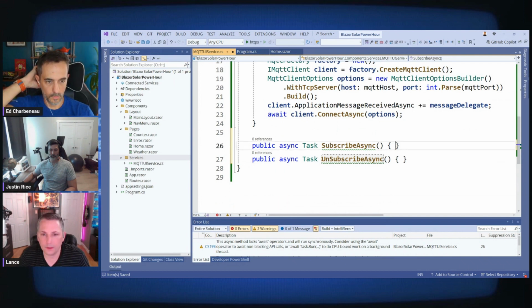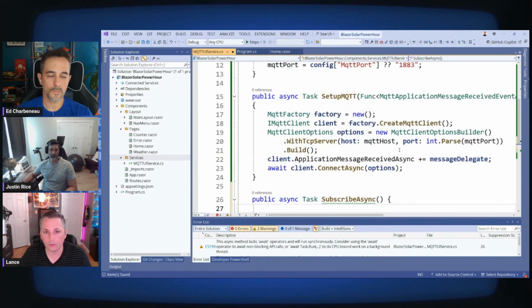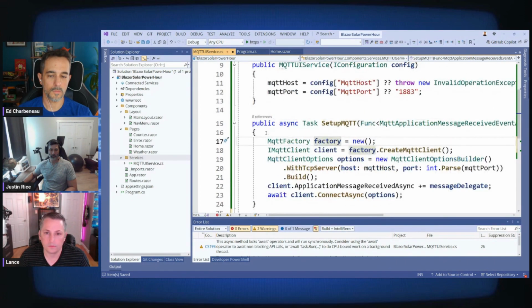Okay. Now in subscribe, we need to tell this what topics we want to listen to. It uses the same options builder, similar to what we used before. First thing, we now need to make the factory and the client backing fields, because we need access to those to do the subscription. So on lines 17 and 18, we make them private. It can't be static or readonly, but